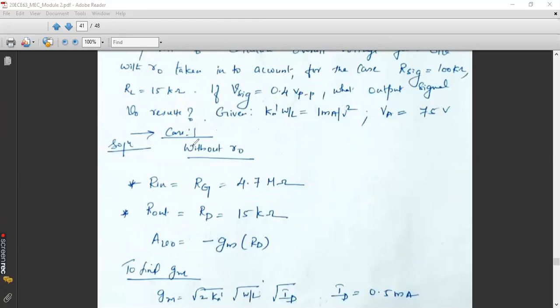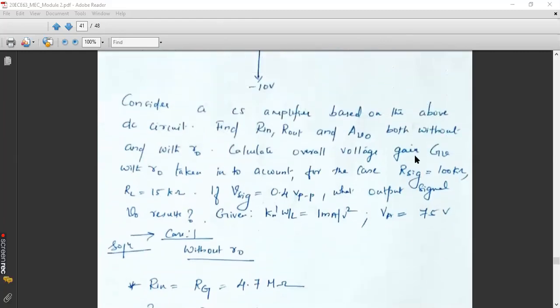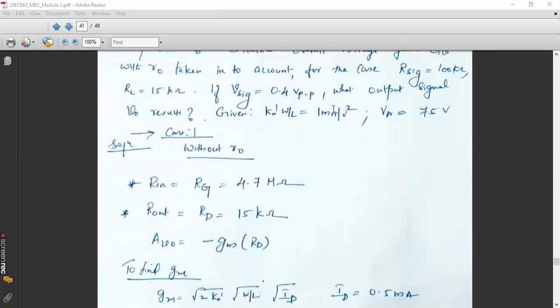Take your notebook. In that, take the common source amplifier from the last class note, the common source amplifier without source resistance case. Why am I taking without source resistance? Because nothing is mentioned regarding RS here. So take our first derivation, the common source amplifier without source resistance. In that, find the equation for R in, R out, and AV naught. Take that lecture note portion, the derivation of the common source amplifier without RS case. That is the first derivation. In that, what is the expression for R in?